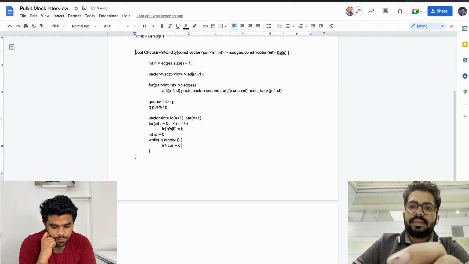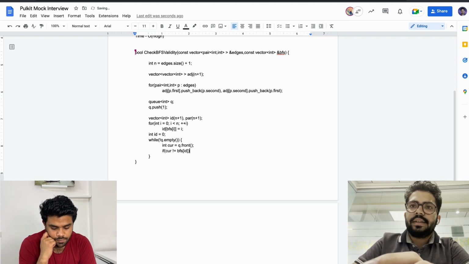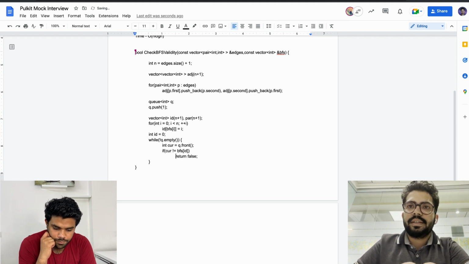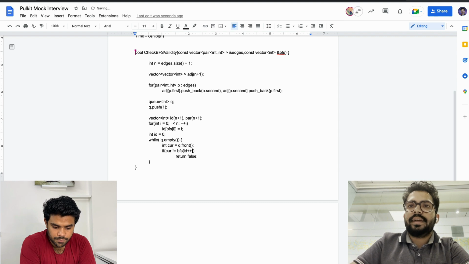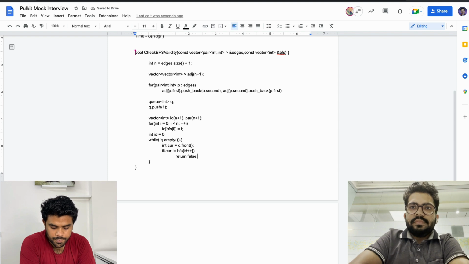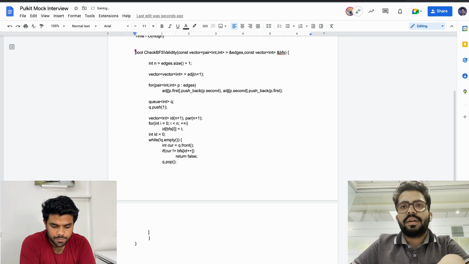Let's call the current node q.front. If current doesn't match with the BFS of id, I would say return false, like we discussed, right? We will be comparing the first elements. So id plus plus, so that it is increased every time. All right. Now I also have to pop it, q.pop.